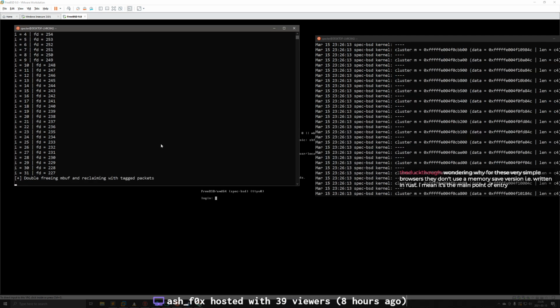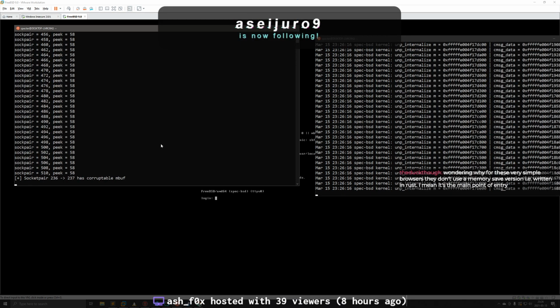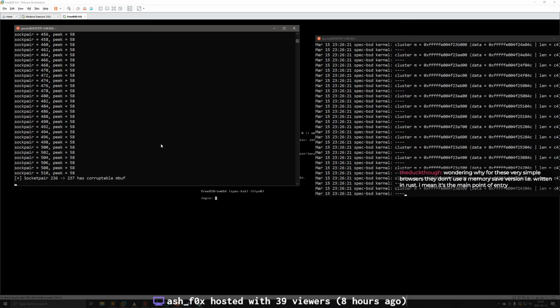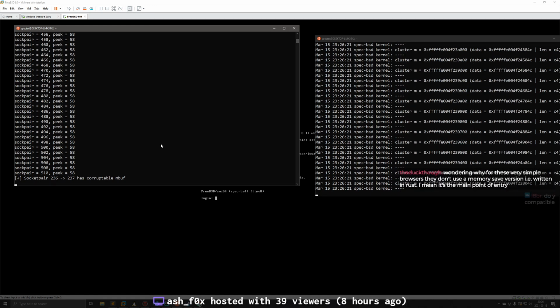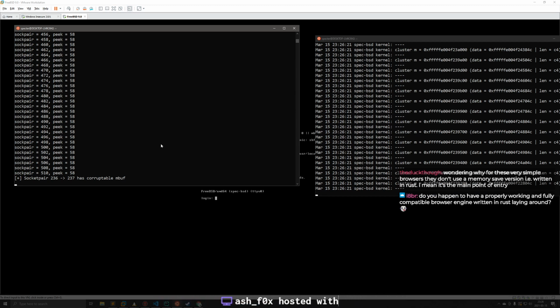Wondering why for these very simple browsers they don't use a memory safe version, written in Rust, I mean, it's the main point of entry. Yeah, I don't know what their decision process is behind choosing something like WebKit for their browser. I think it also comes down to applications, right?